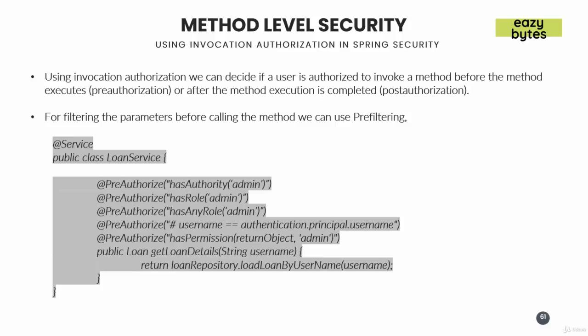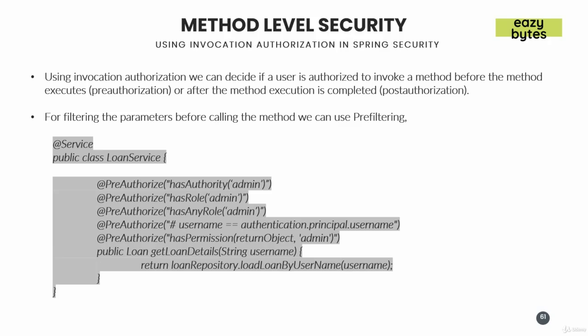In this video, let's try to understand how to achieve method level security by using the invocation authorization approach. In invocation authorization, we can configure authorization rules which will decide whether a method can be invoked or not. This authorization check can happen in two ways. One is before the method is invoked, using the pre-authorization annotation, and the other is once the method is executed